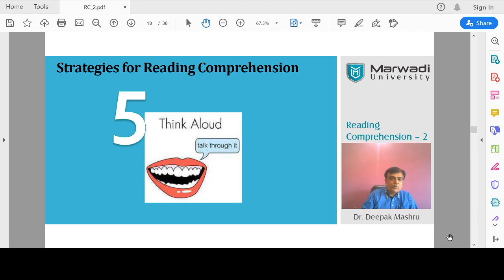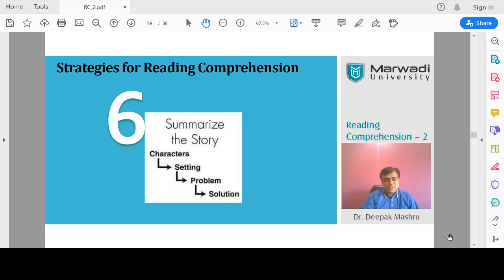If you think in that way, that will help you find out the structure of the paragraph, this A and B and C. That will be helpful to you to prepare a mind map of the paragraph. So that will help you go through the entire paragraph faster and easier.